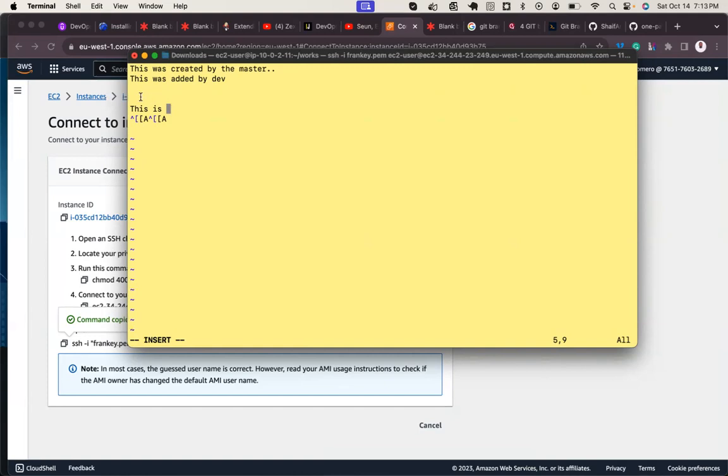Master added some content and committed, but the changes are not reflecting on dev, right? So for those changes to reflect on dev, master is supposed to merge to dev. But now I want to cause a conflict before I show that aspect. This was added by dev.